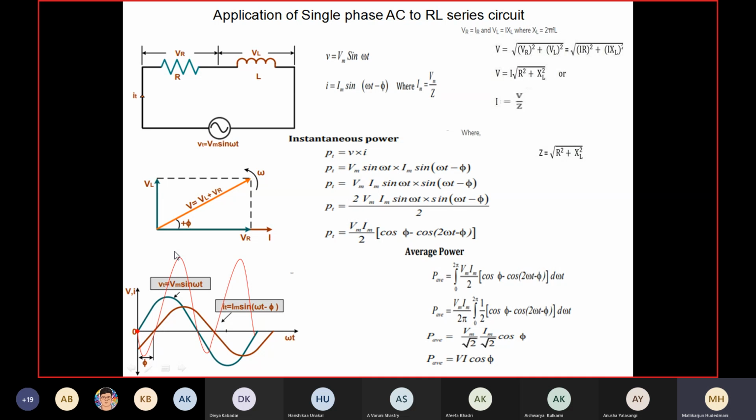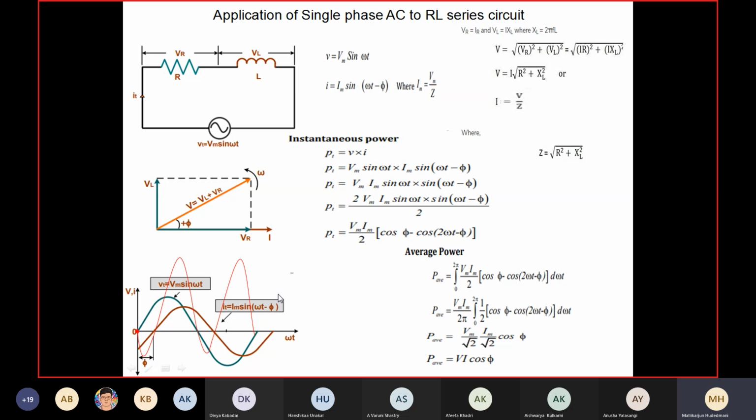That will make me a big power hall. Then in this small time length, voltage is going in the negative plane, current is still in the positive plane. Product of them represents negative. You can see a small negative, larger positive, and similarly when both are negative, it becomes positive. Over a cycle, you can see the blue line, one complete cycle, pi, 2 pi, you will find two big positive halls of power, two small negative halls of power.